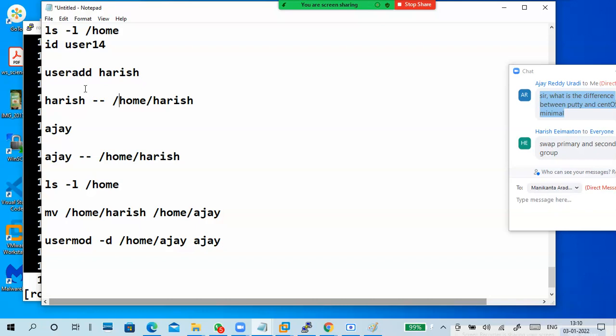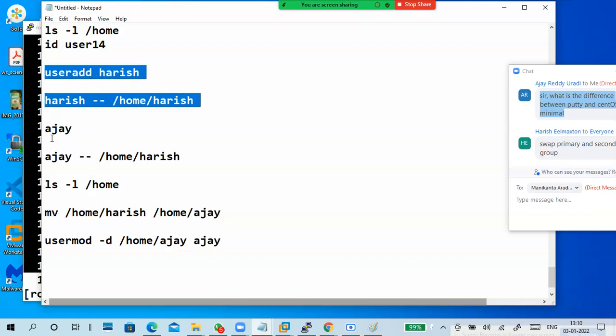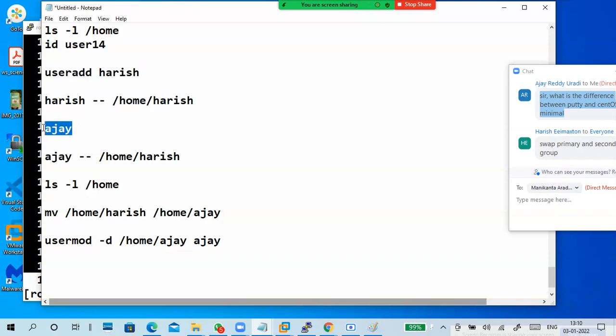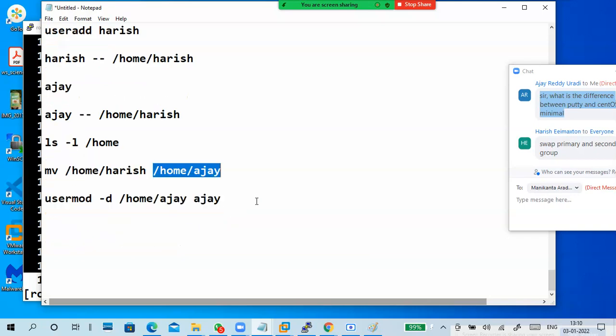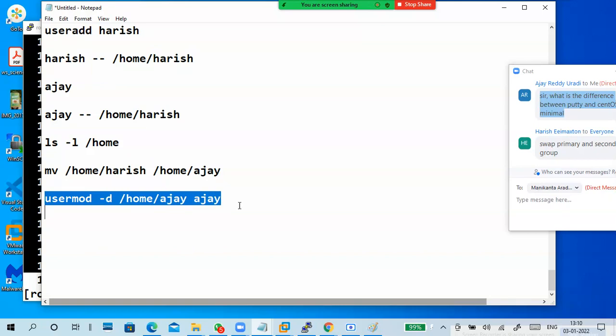See, this is the original setting. Then I changed Harish's name to Ajay, but the home directory was showing like this. First I renamed the folder from Harish to Ajay. Then in my modification of the user, I also told it that Ajay's home directory is this one. That's it. And I did it for the group also.